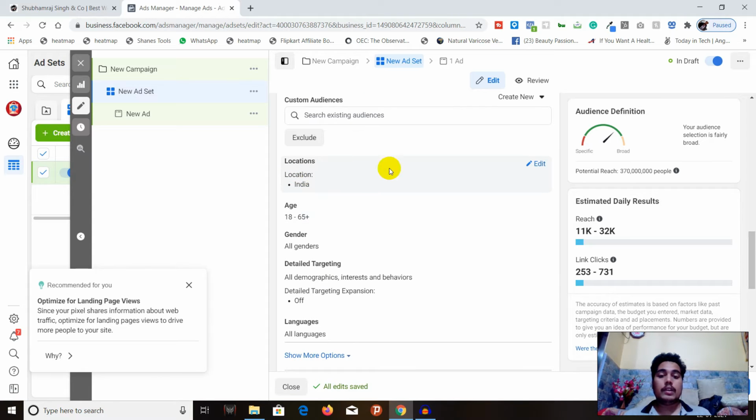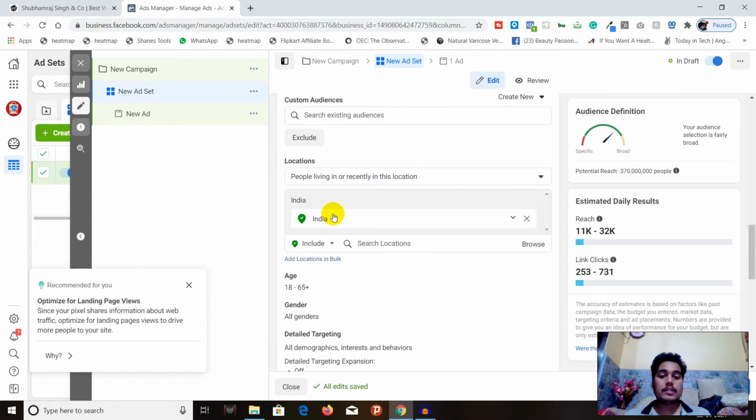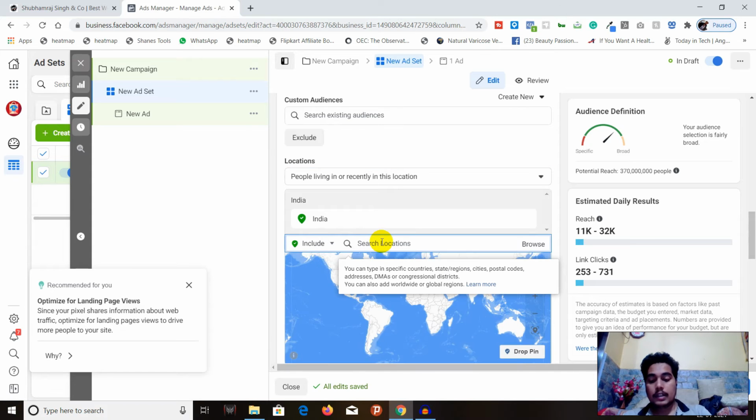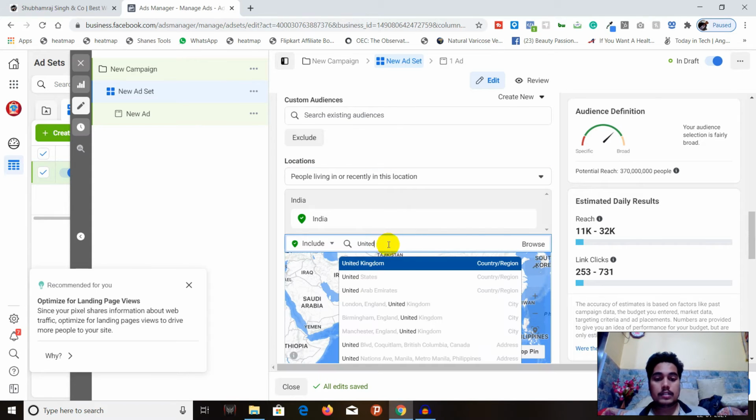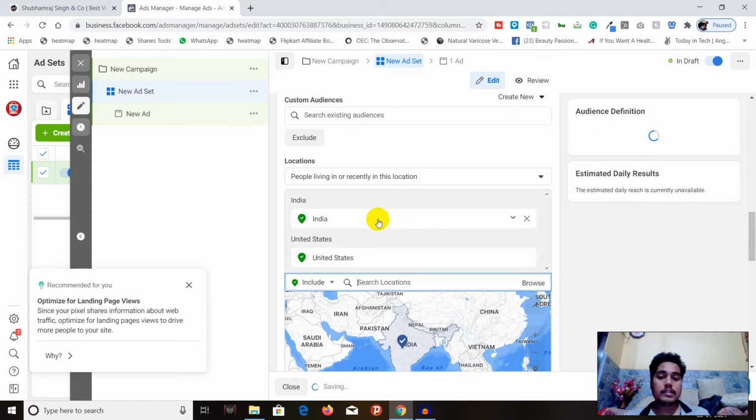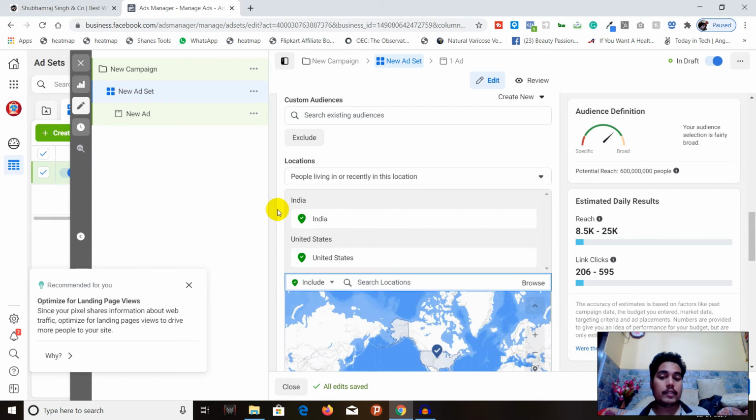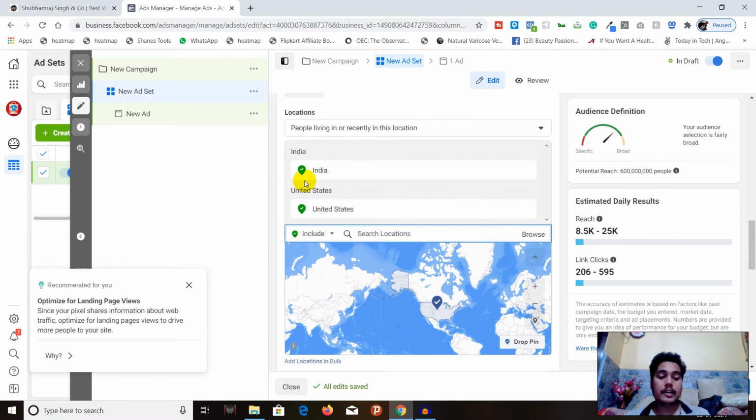Okay, so you can also select the location. It is selected India, so you can select something like United States. You can also add United States, and you can see now United States and India are the geographical locations which I have included in my ad set.